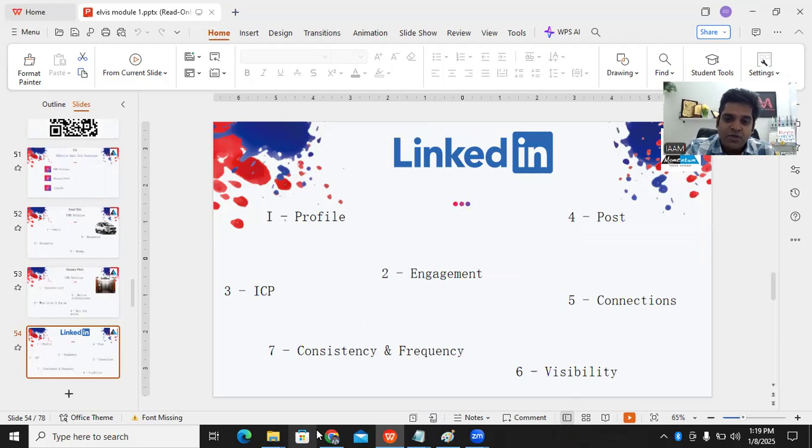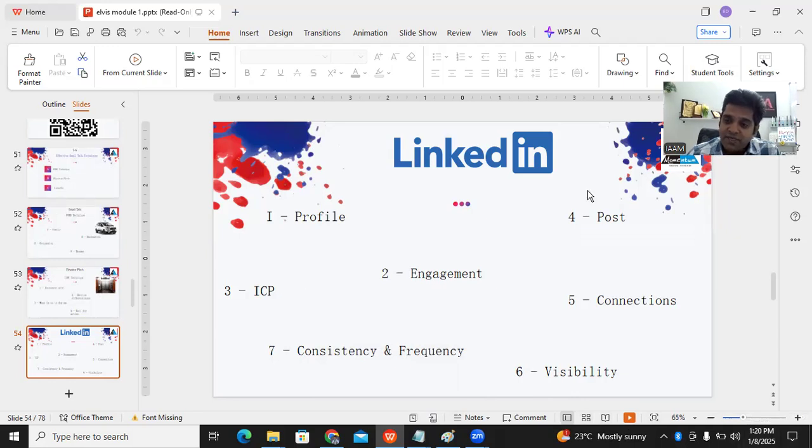So, first is your profile. Check your profile. Make sure you have everything in place, the site poster, your DP, your description, your about section, your featured section. Check everything is okay. Second is engagement. Engage with your clients, because today, guys, communication should be seen from a wider angle, from the platform of technology. It's not just communication in the office or in the department, but even how you communicate on digital platforms, especially on a platform like LinkedIn.